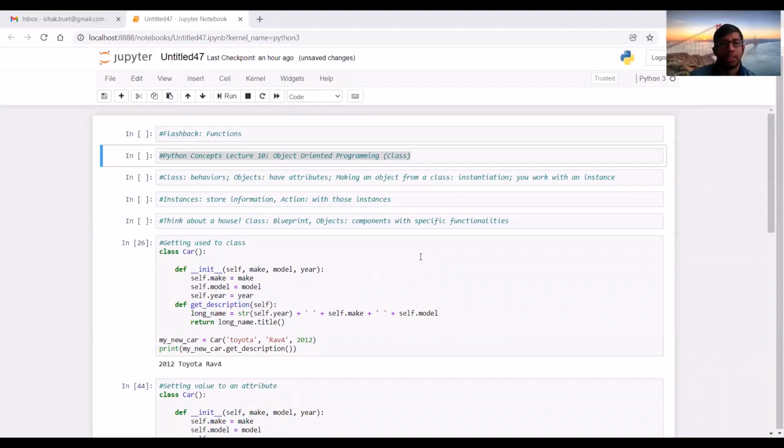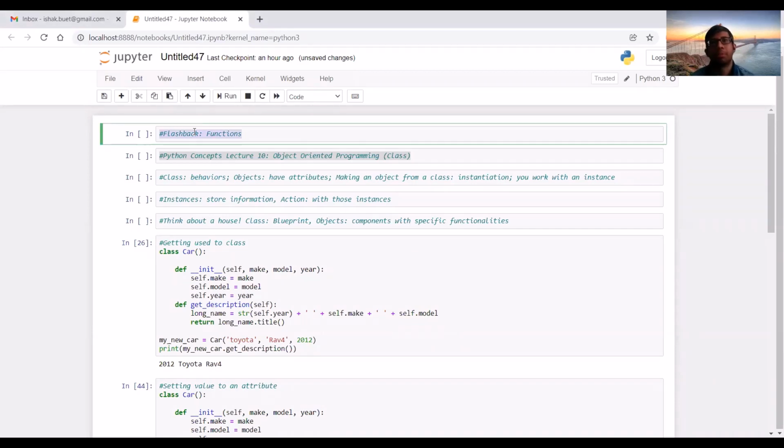Hello and welcome to the 10th lecture of Python concepts, object-oriented programming or class. In the previous lecture, we explored a very fundamental and necessary component of programming, that is functions, and we learned how to use functions to automate our blocks of code and how to reduce manual portions. We have also learned how to use functions with for loops and conditionals like if statements